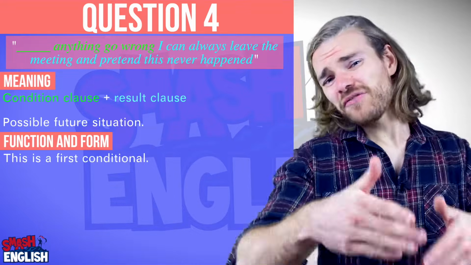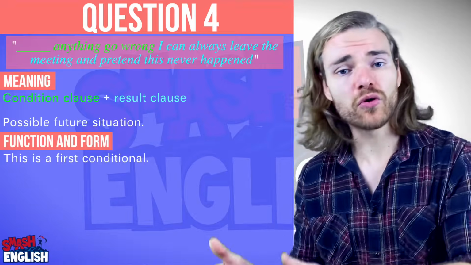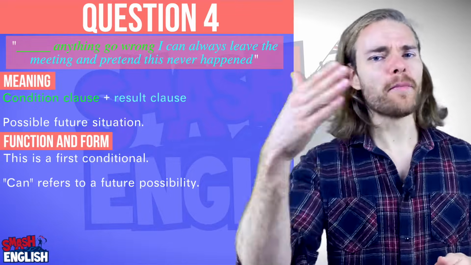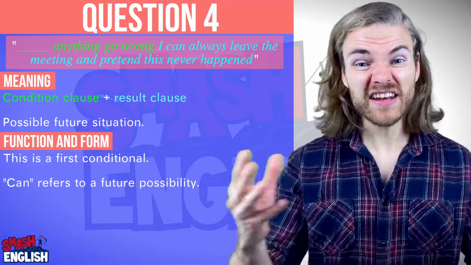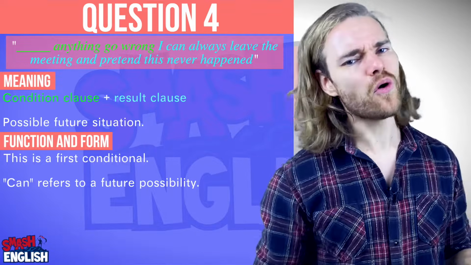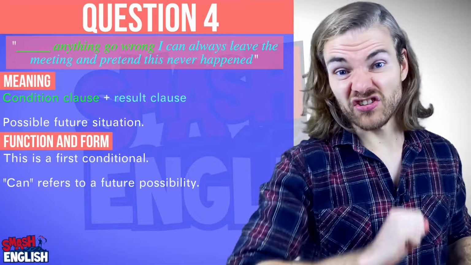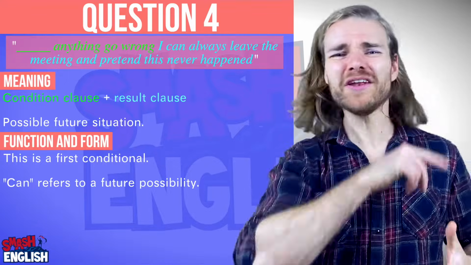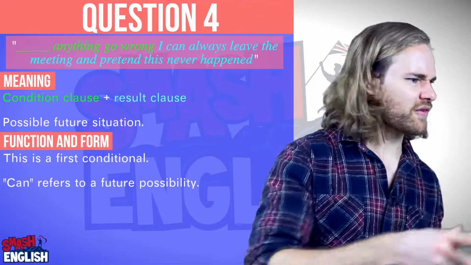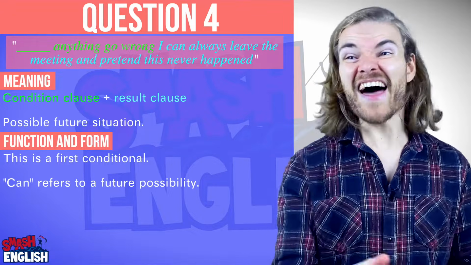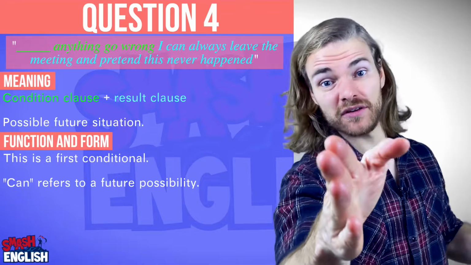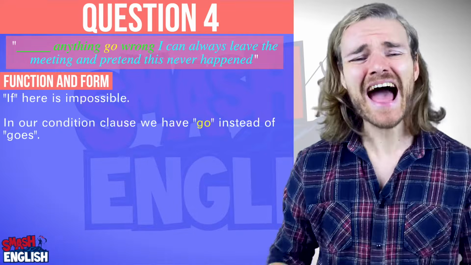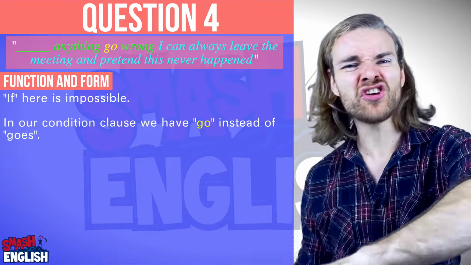We know we need the first conditional here because in the result clause we have the word can, and here can is referring to a future possibility. We are talking about a likely future situation, and therefore we need the first conditional. And this means the answer is super simple, right? Because we know that to introduce the condition clause of a first conditional, we need one word, and that word is if. No! If here is impossible,